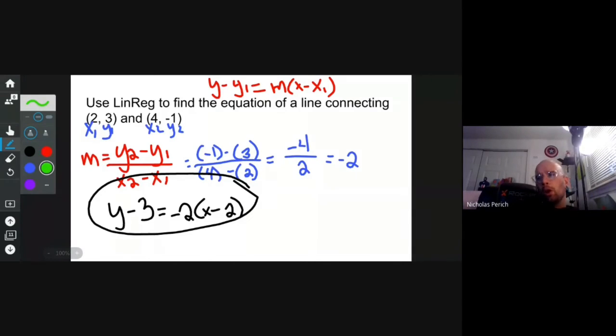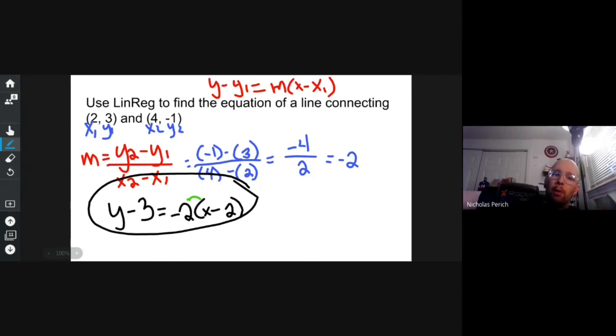But those of you who are over on the other side of the computer screaming and angry and getting ready to throw a desk saying, that's not what you said it would be. You said it would be y equals negative 2x plus 7. What if I did distributive property right there? If I did, I would get y minus 3 equals negative 2x plus 4. And if I add 3 to both sides,